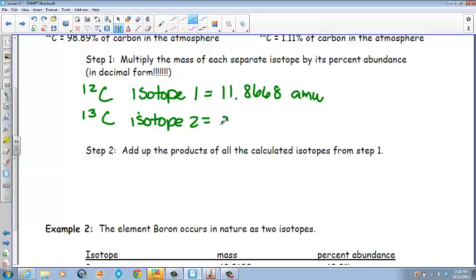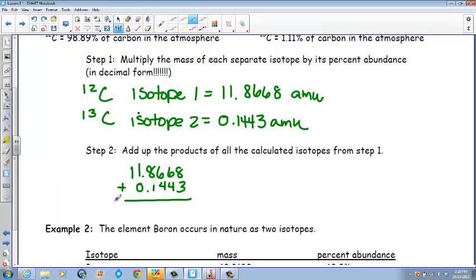Isotope number 2 is 0.1443 AMU. All right, so let's add those up. So we have 11.8668 plus 0.1443, and we get